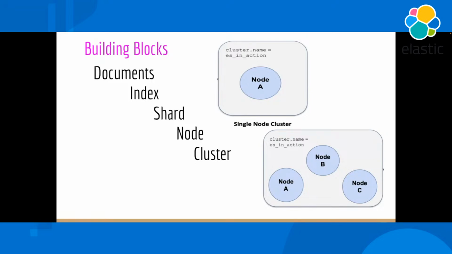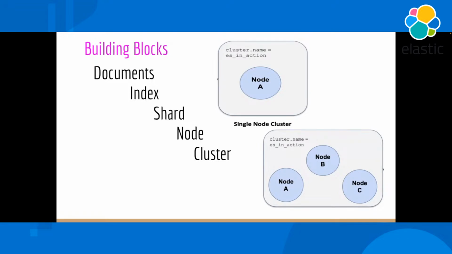So anytime you index your data, that data is composed into a JSON-based document, and that is going to go into your index. That means it is going to be stored on a shard. And where does the shard exist? It exists on a node. And what is a node? A node is nothing but an Elasticsearch instance. If I run my Elasticsearch, that is my node. You can run two nodes, three nodes, depending upon how you want to create a cluster. A cluster is a combination of nodes forming a cluster.